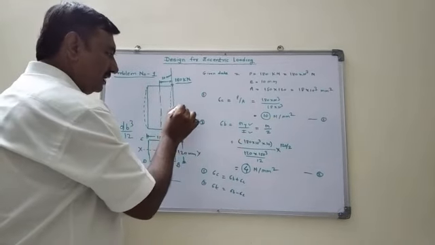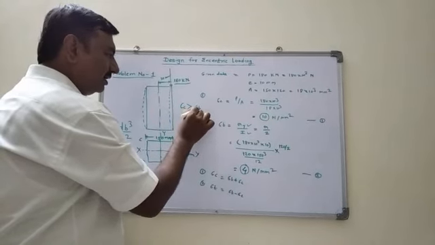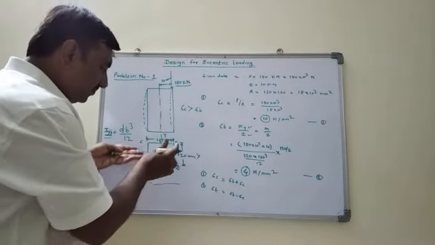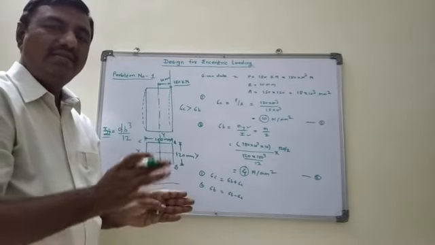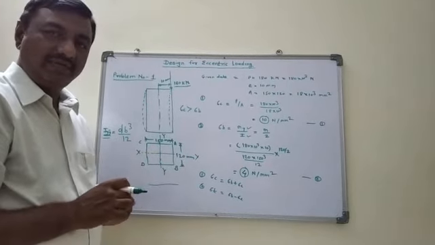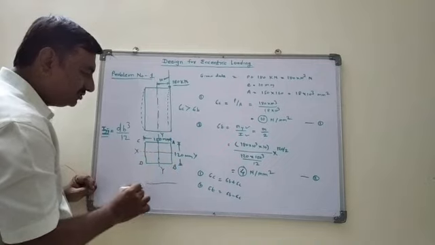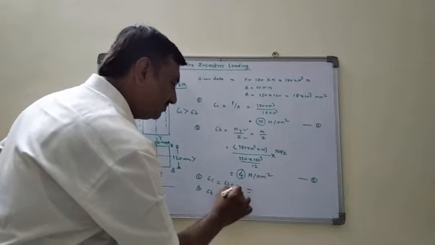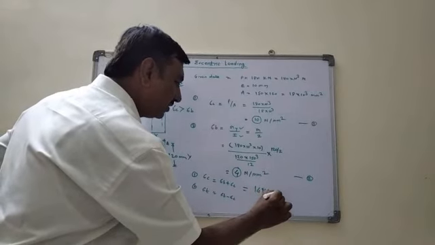Whenever sigma c is greater than sigma b, there is a compressive stress on both sides, and there is no tensile stress present on any side of this rectangular strut. So here both the sides AB and CD are subjected to compressive stress, and the magnitude of the compressive stress at AB can be calculated as sigma b plus sigma c, which is equal to 14 Newton per mm square.